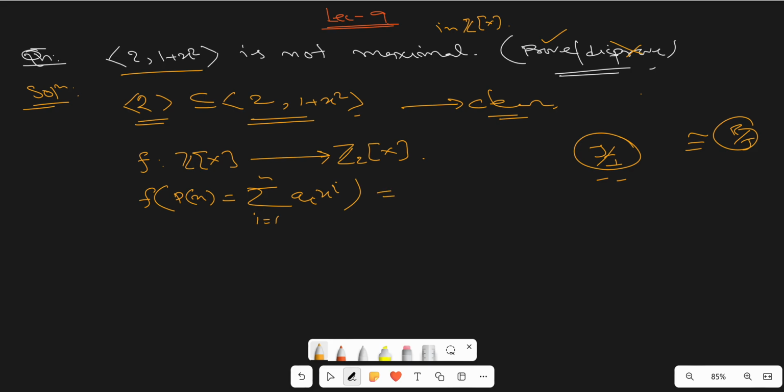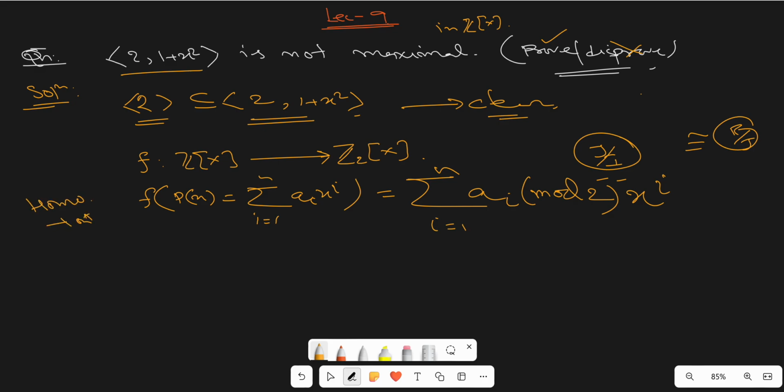the summation of (a_i mod 2) x^i, i from 1 to n. Can you see this map? And can you verify this map is a homomorphism